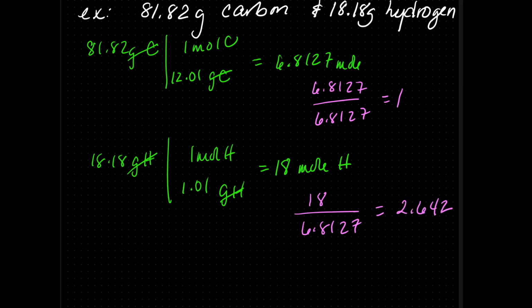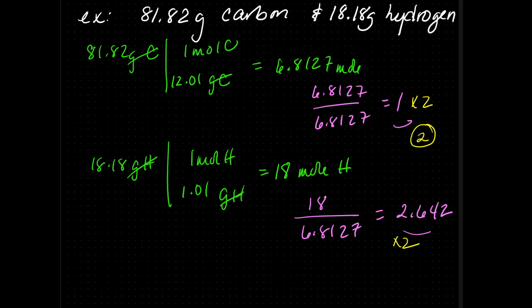This becomes 2.642. So here, I can't just round. The first one rounds to 1, but the second one is 2.6. So I can't just round that to a 3 or 2. So what I need to do is the last line, which is multiply till whole. So I'm going to multiply by 2. 1 times 2 is 2 for the carbon. If I multiply by 2 for the carbon, I need to do the same thing for hydrogen. The hydrogen by 2, and I get